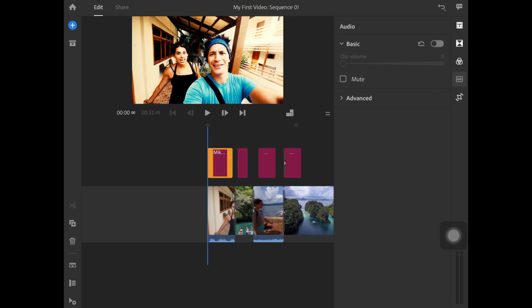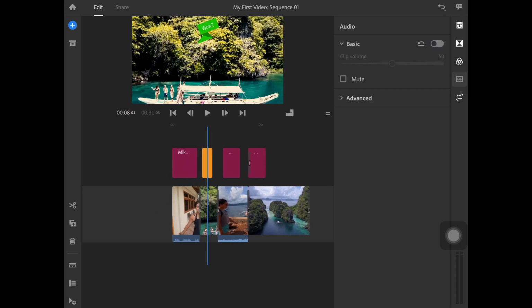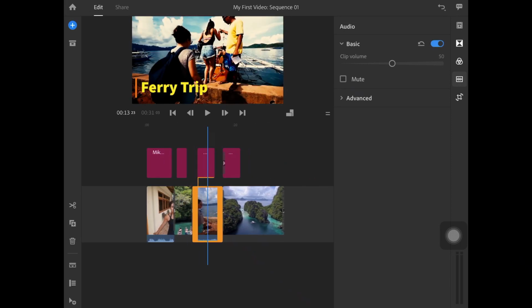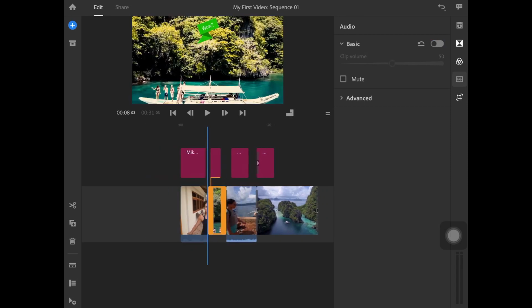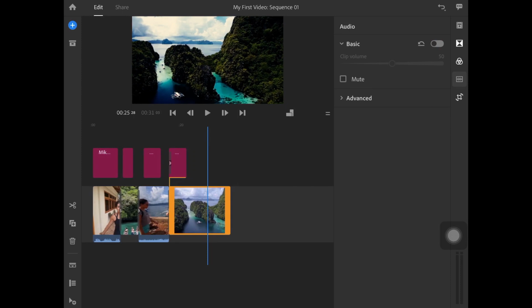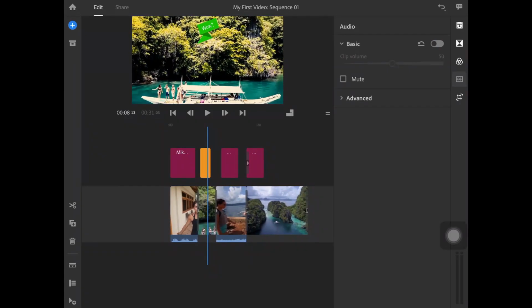All right, so before we go to music, there are two things you must understand. In a video there is voice and then there is background music. Right now in our project there is no background music, but for clip 1 and clip 3, we can see below them that there are some audio waveforms, which indicates that there is some voice spoken. But for video 2 there was nothing because it's just a simple video clip. There is no audio at all.